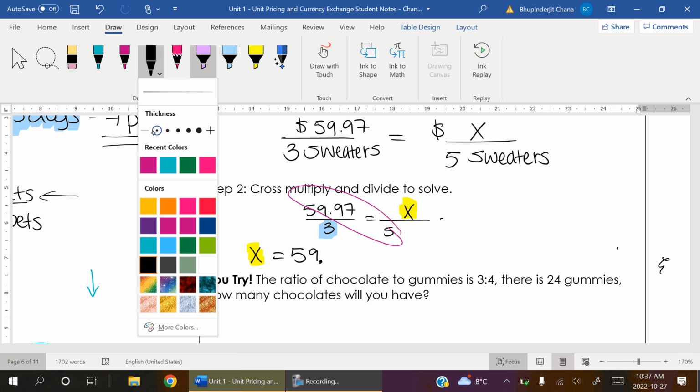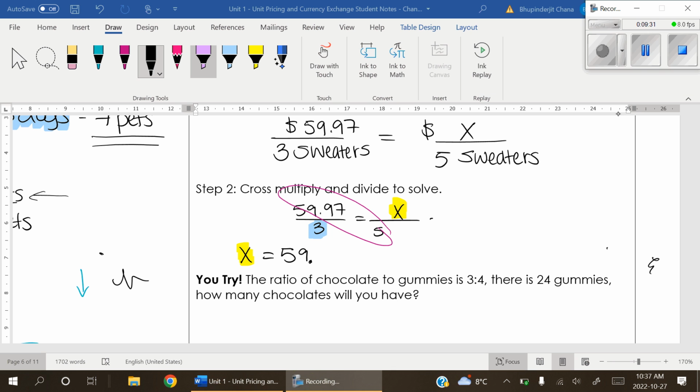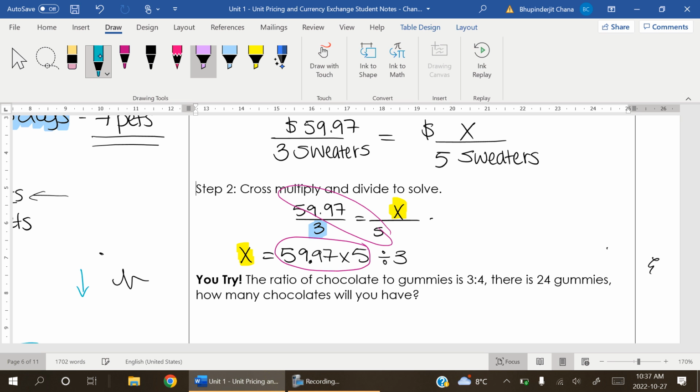Oh my gosh, let me write it. Okay, hold on, I have to pause, guys. Okay, 59.97 times 5 divided by 3. So in the circle, the 2 numbers get multiplied, and then my 3, we're going to divide by that. Okay, and take your calculators alongside with me. 59.97 times 5 divided by 3,